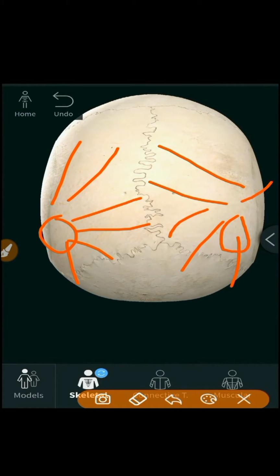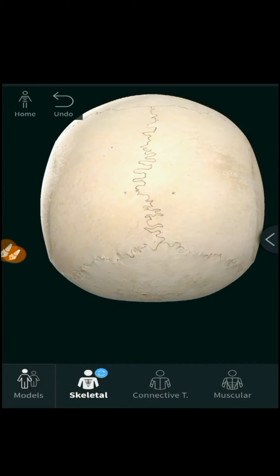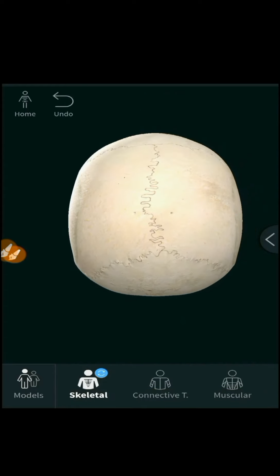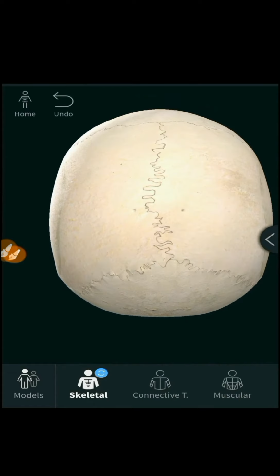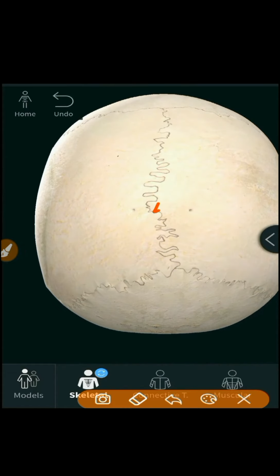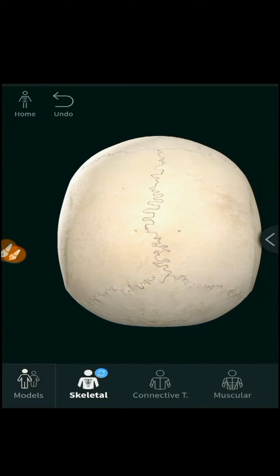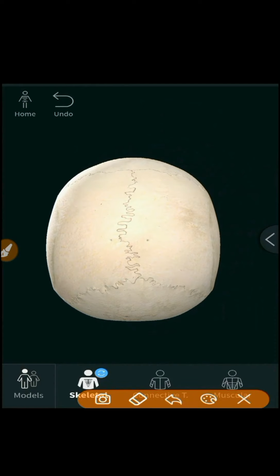So you will see parietal eminences, and these are also important in measurement of biparietal diameter, which is an anthropological indicator of fetal growth. In case of ultrasonography, they will measure this biparietal diameter. It is also one of the indicators of Down syndrome. So biparietal diameter is very important to assess the growth of the fetus in utero, and that is the obelion. The point between the 2 parietal foramina on sagittal suture is called obelion.